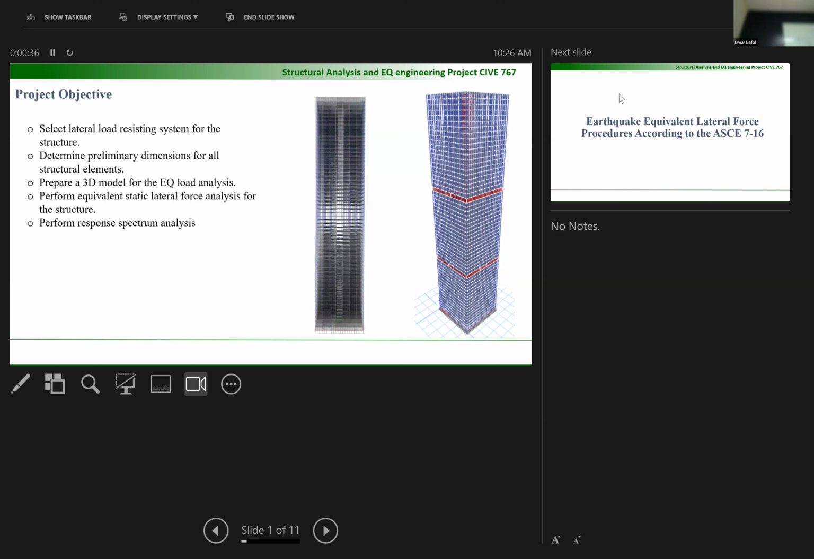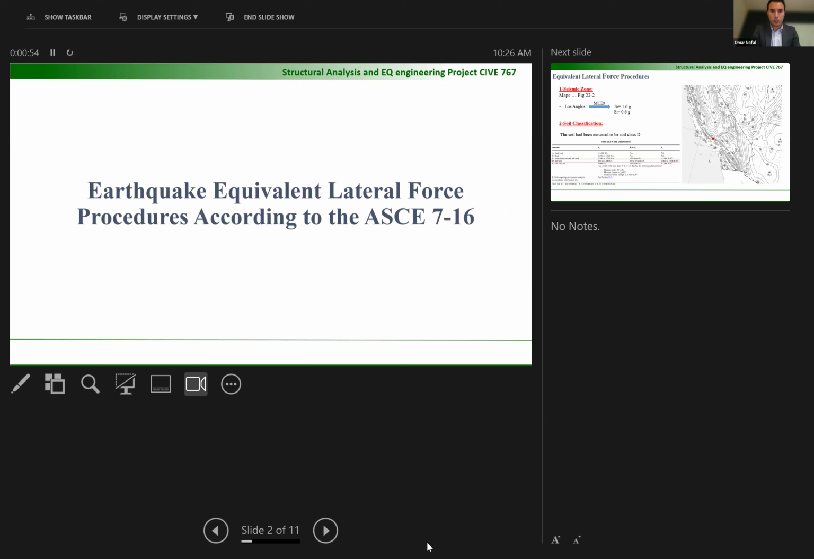And then the next thing is that we need to have a 3D model, like the way that you have it, to apply the earthquake loads. All right, so what I'm going to show you right now is how we perform earthquake equivalent lateral force analysis using